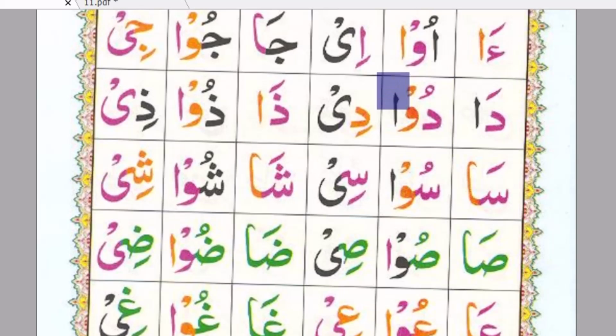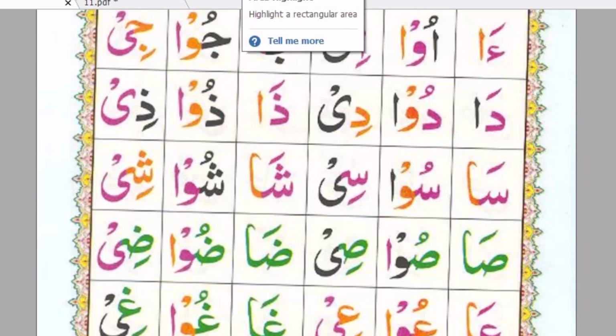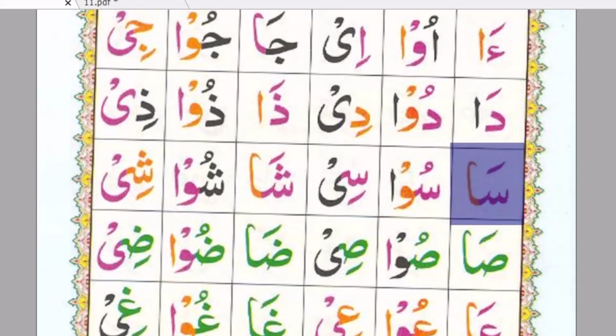Dal Waw Dhamma, Du, Dal Ya Kasra, Di. Similarly, the Zal letter, Zal Alif Fatha, Za, Zal Waw Dhamma, Zu, Zal Ya Kasra, Zi. Next is Sin, Sin Alif Fatha, Sa,